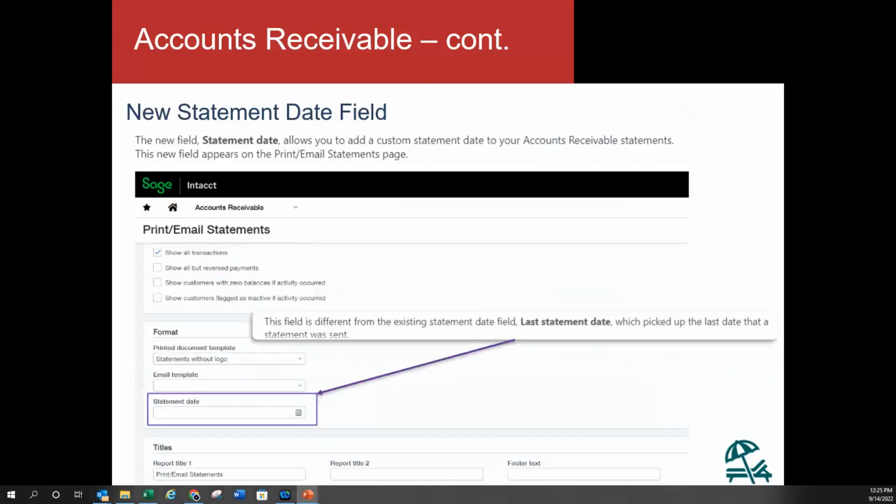All right, this one was huge for us internally, okay? So, new statement date field. Anytime you go in to print or email your statements, in the past, a lot of times it was referencing that last statement date. So basically, it was picking up the last time that you printed and/or emailed statements, okay? That was a huge pain point, especially for us, because